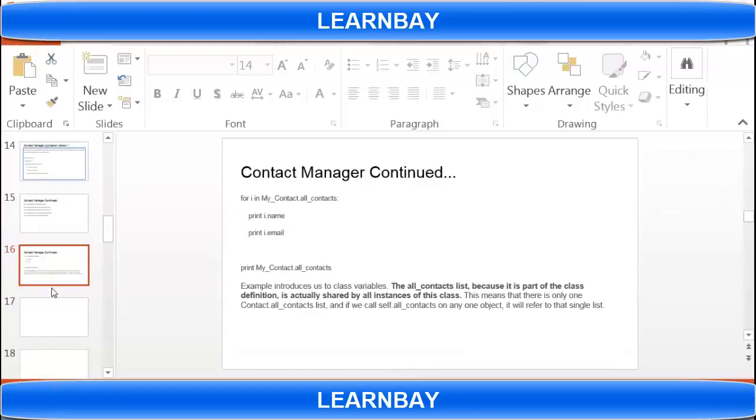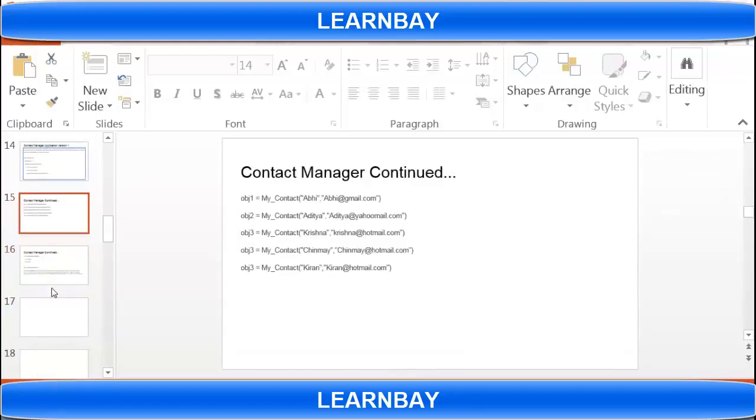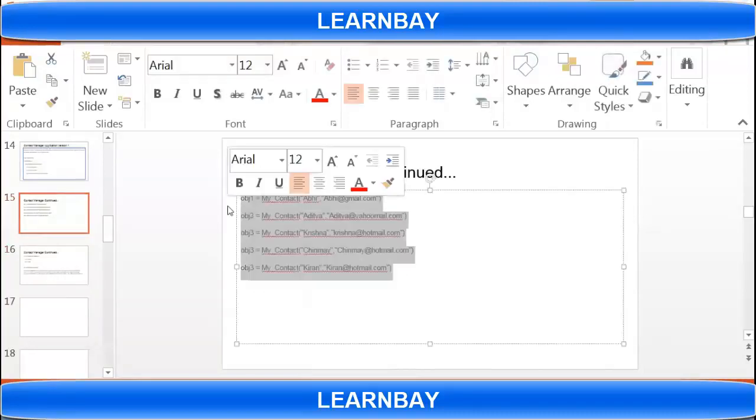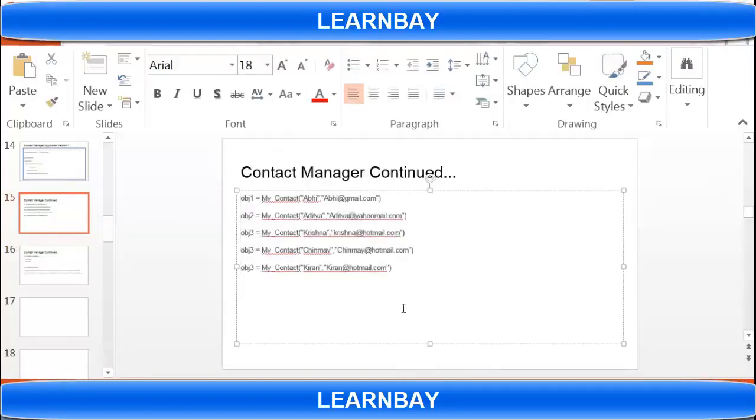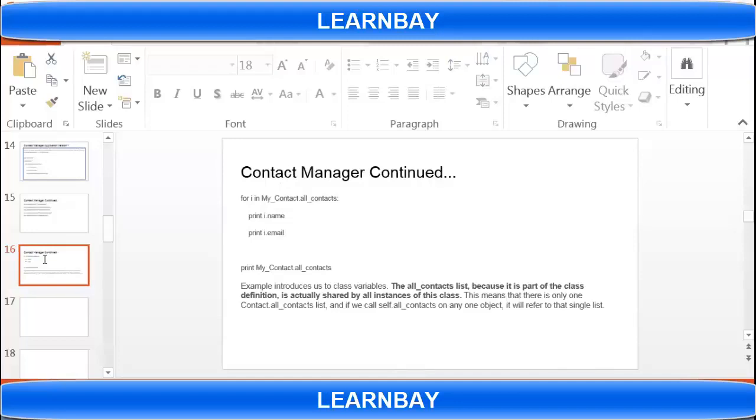Okay, so let's say once that array got completed, you added 4 or 5 contacts like this. Now if I want to print that global list, how to print that? In a while loop or a for loop, because I want to iterate through the complete list. So you can have one print function and have this code in that function: for X in contact.all_contact, print X.name, print X.email.